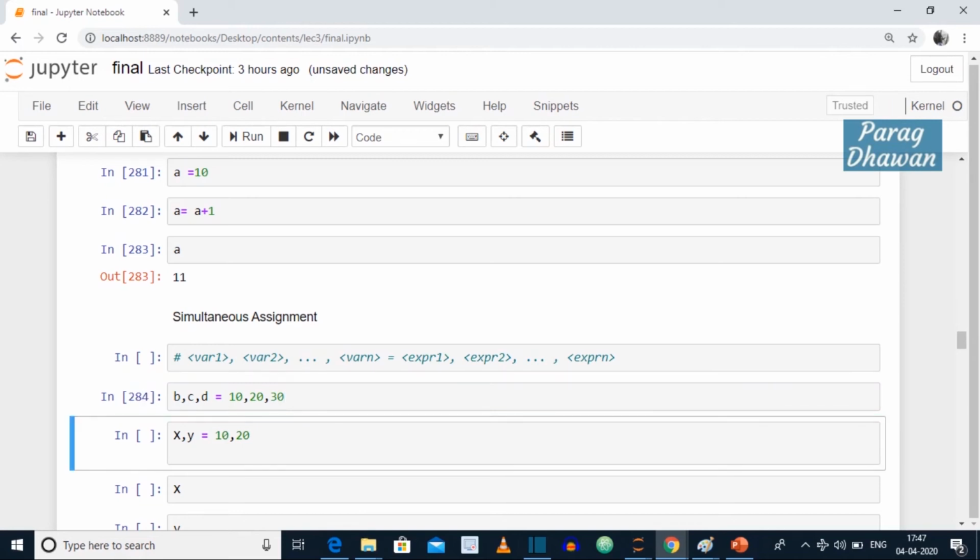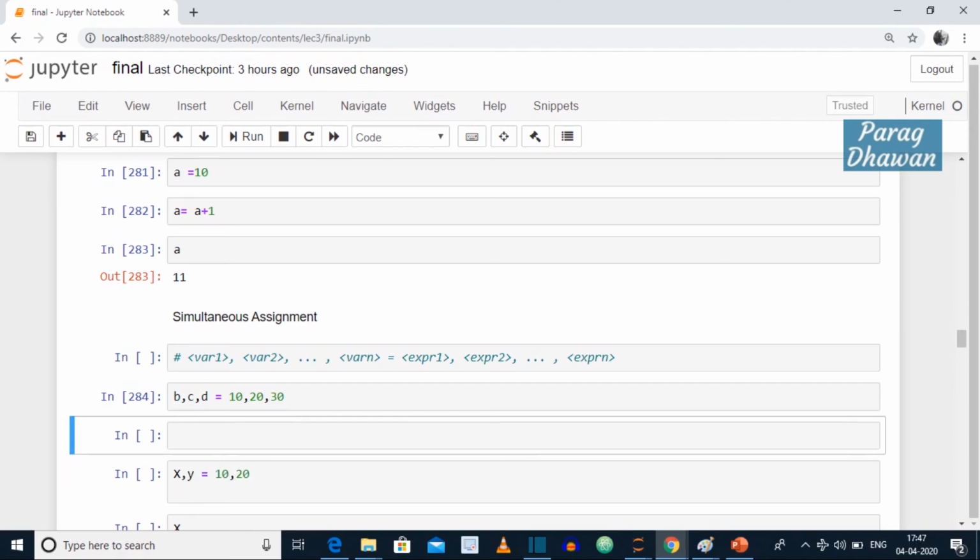Shift enter. b, c and d are assigned the values 10, 20, 30. Escape A, insert a cell above, print the values of b, c and d. So I will write a print statement in which I pass multiple expressions b, c, d, and you hit shift enter.